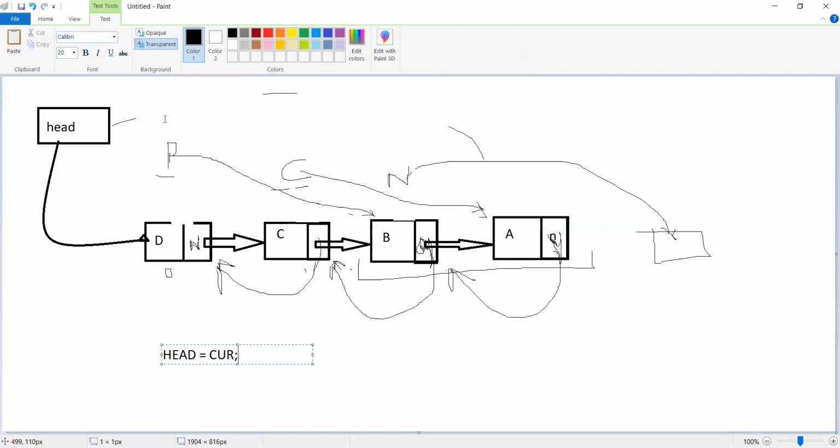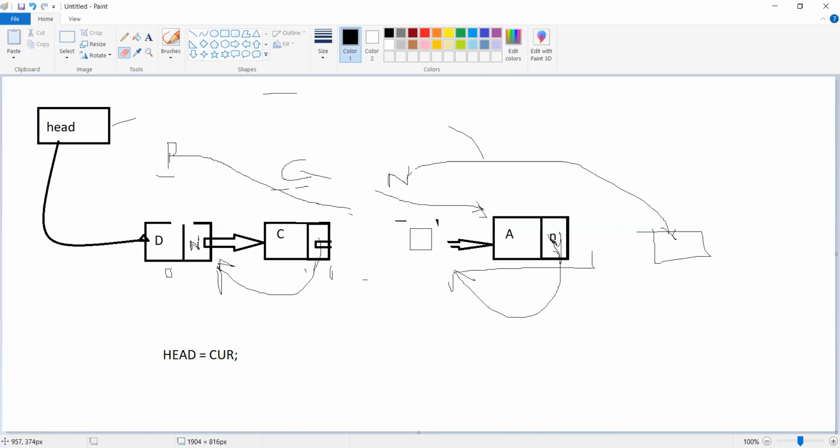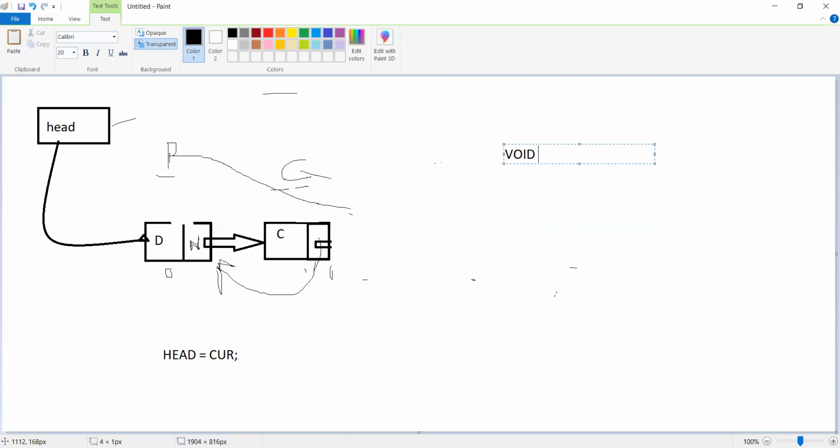So I will show this to you with only two nodes. That way you will get it better, right? And I will also write pseudocode. This is very simple. If you sketch it out on a sheet of paper, you will get it, right? This is not so complicated. So what we are going to have is